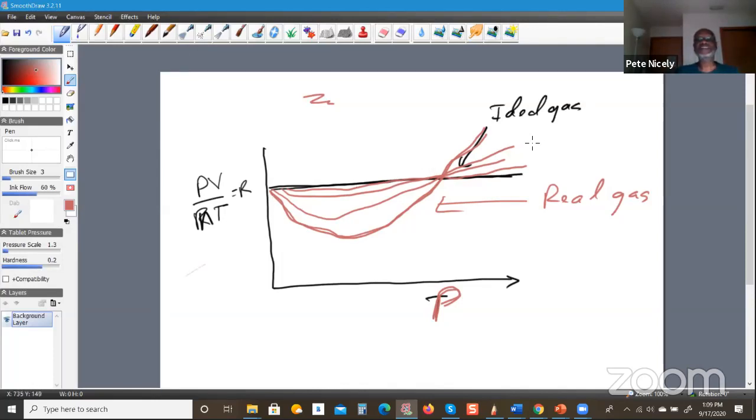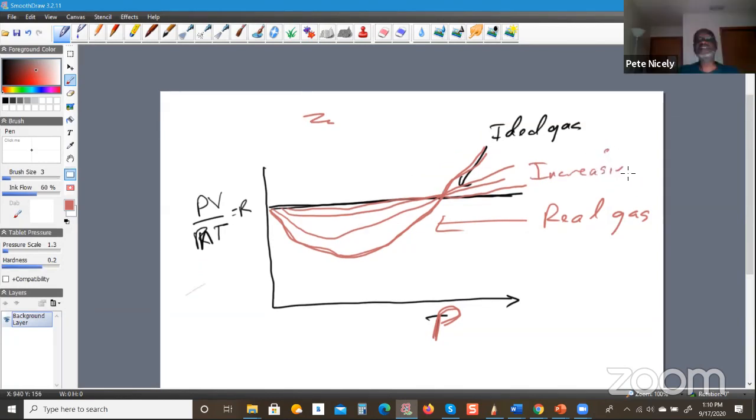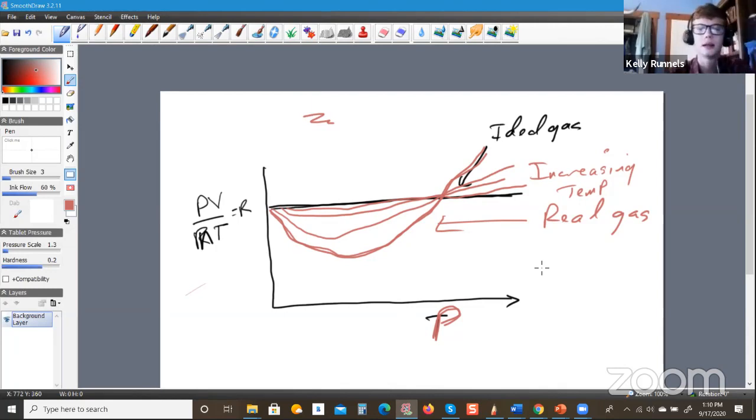So let me just write here, increasing temperature. As you increase the temperature, the plot more and more resembles what you'd expect for an ideal gas, and that's for a real gas. I'm going to see if I can find that plot so that you can see, because of course that plot is much better than the one that I'm showing you right now. But basically what I'm trying to show you is that the real gas will behave more and more like an ideal gas as you increase the temperature, all right? Okay,